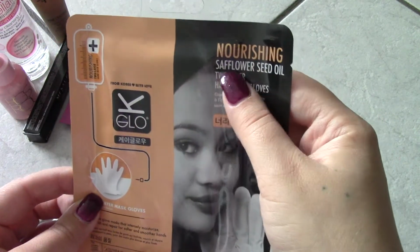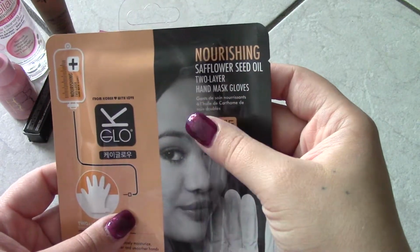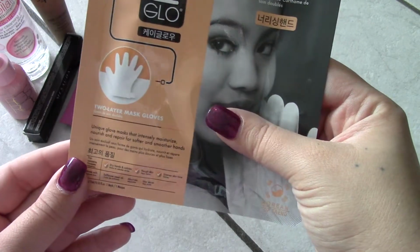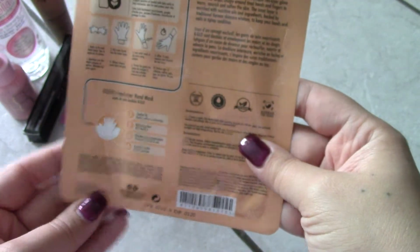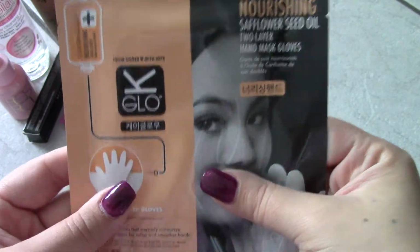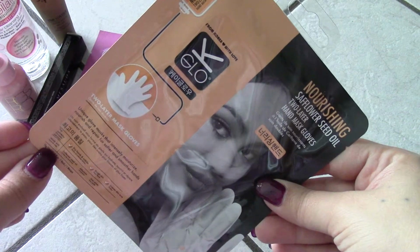It's nourishing safflower seed oil, 2-layer hand mask, gloves. I'm not really sure what safflower is. Ooh, very, very much looking forward to this. Let's see in the booklet. It's a full size, clearly, because, you know, it's one packet. And it costs